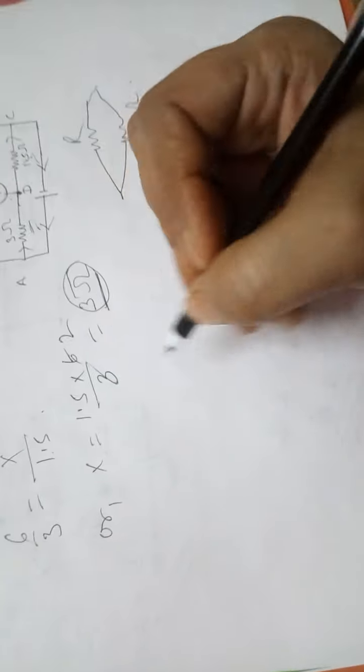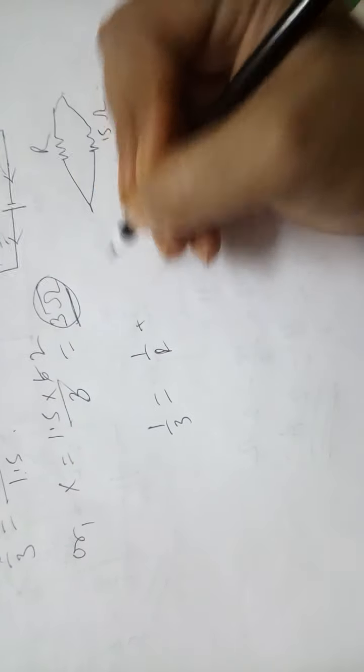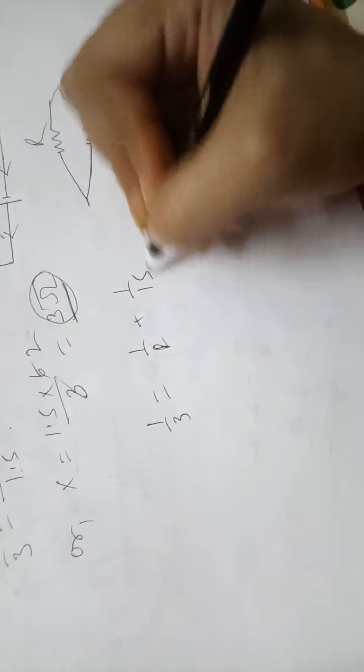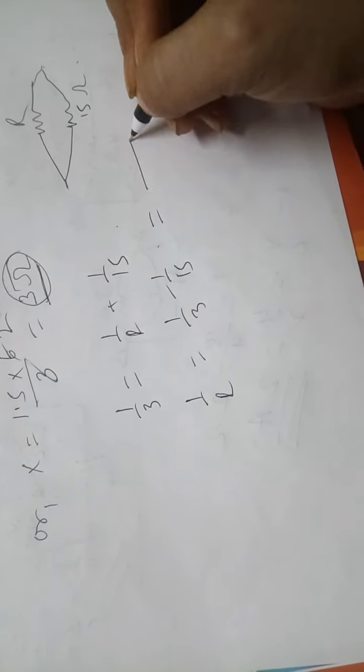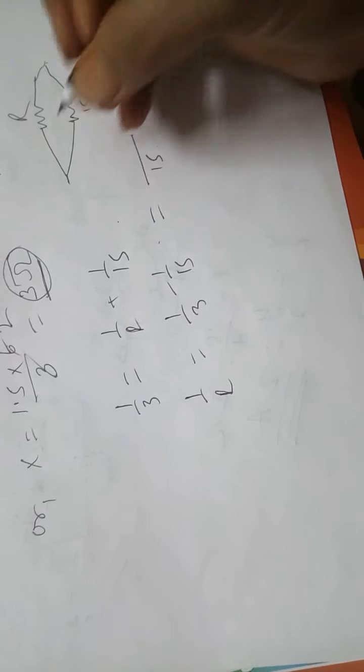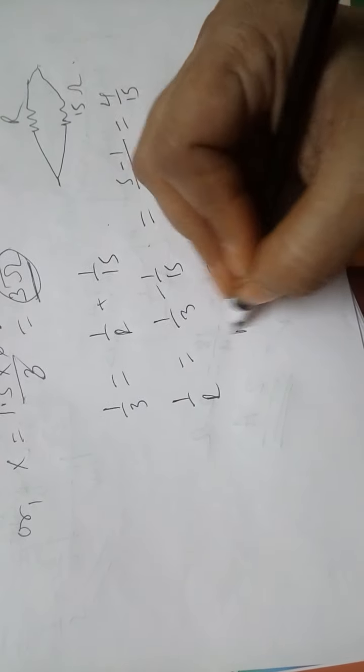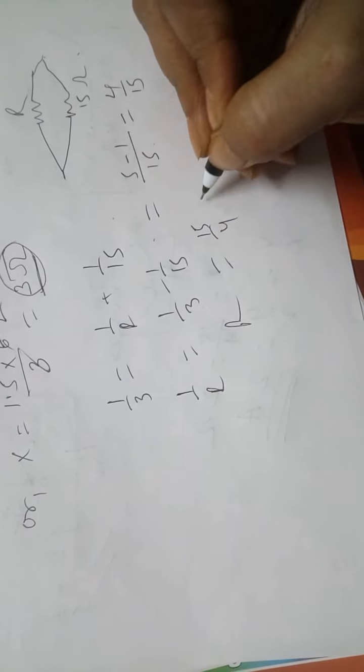So we can very well write 1 by 3 is equal to 1 by R plus 1 by 15. Or 1 by R is equal to 1 by 3 minus 1 by 15. We can solve this and get the value. If I take 15, then 5 minus 1 divided by 15, this will be 4 by 15. So once you solve, you get R equal to 15 by 4.